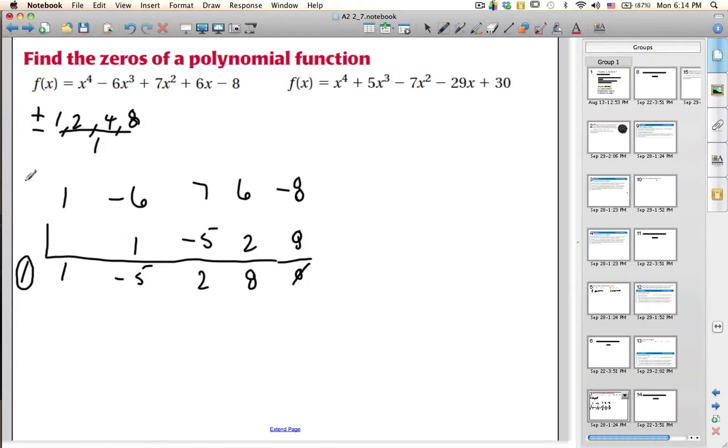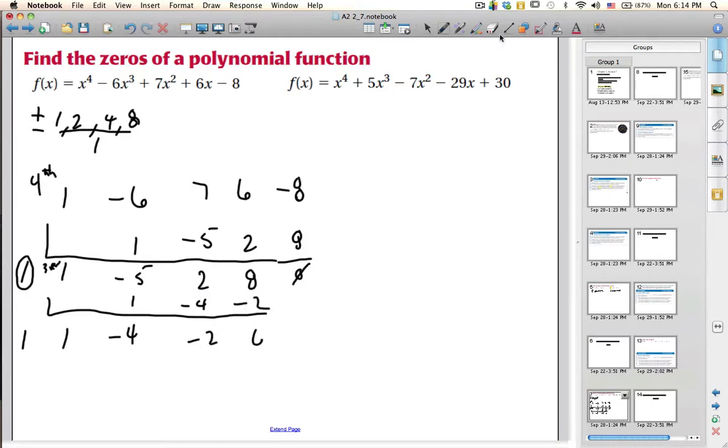Okay, so now I had a fourth degree equation here. This now will be a third degree function. These are the coefficients of a function. It would be x cubed minus 5x squared plus 2x plus 8. And I can go ahead and do synthetic division with these. Now what's important is that if I'm going to find a repeated solution, for instance 1 might be a repeated solution, I won't find it by retesting in the original function. So each step down I have a smaller polynomial to work with, and it's a little faster for me to find my solutions. So I'm processing through doing synthetic division here,